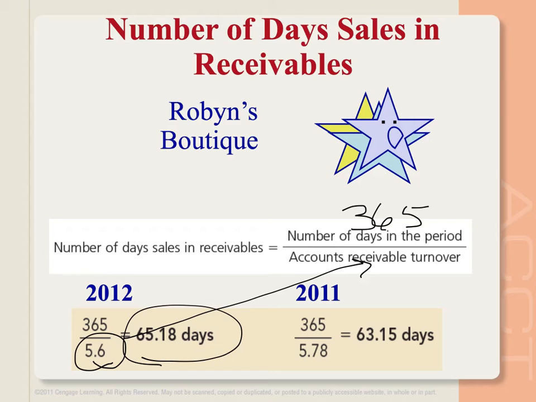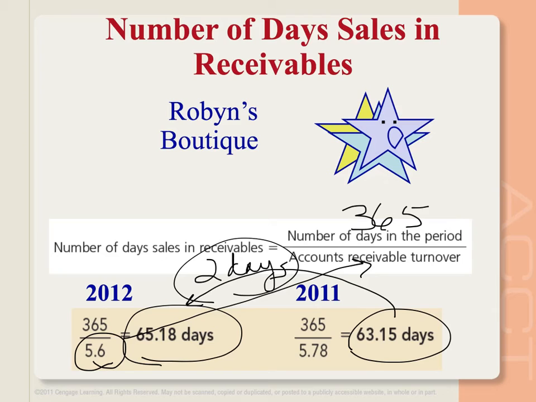So what this ratio tells us is that the average time to collect sales on account was 63.15 days in the previous year, and in the current year it's 65.18 days. So almost 2 days longer is it taking us, still rather okay, to collect